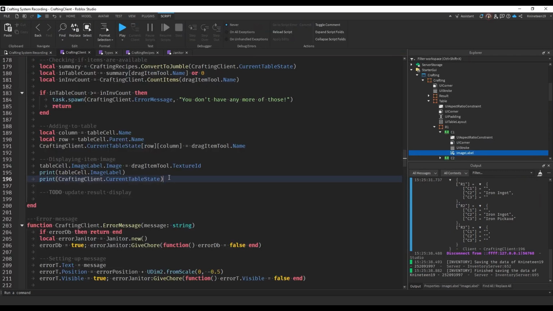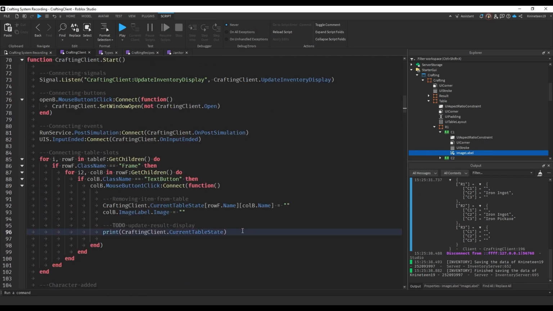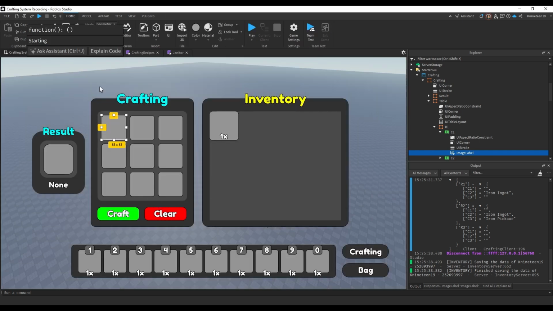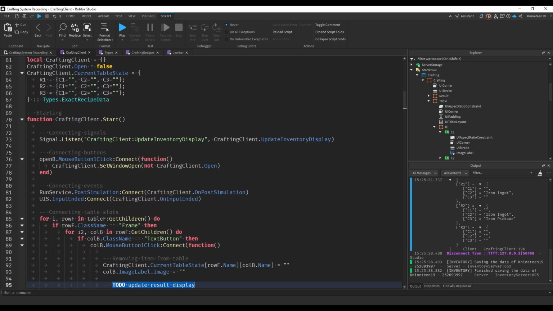But anyway, I'm going to remove those prints. I don't need those anymore. I'll leave this to-do message, but not the print. And now, the next thing we want to do is make it so when you press the clear button, it'll get rid of all the items from the table. So that's what we're going to do